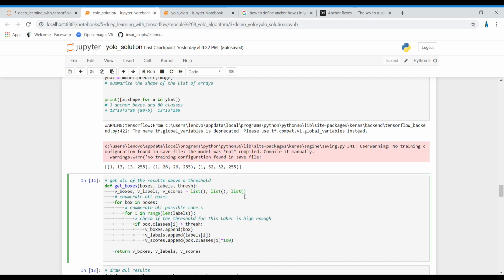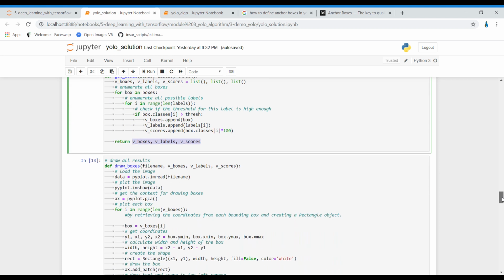So these are the 3 lists which are responsible to store all the boxes with their respective information, which is above the threshold value. So this function is doing that, and the output of this function is the 3 lists which are storing all the boxes, labels and scores.